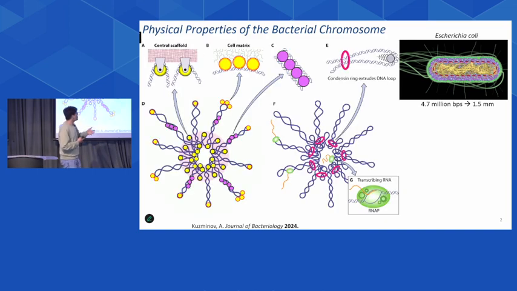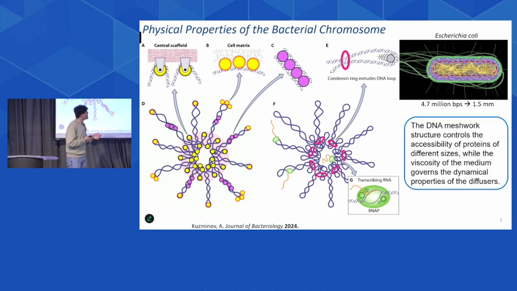And this one, people used to think of as a random polymer meshwork, but it's not true because they have all these different DNA binding proteins to regulate this structure. And you have these condensin rings to actively change the local structure of the genome. Also, biological processes like transcription will introduce supercoiling into the DNA. So I just want to say, within this very dynamic structure, the physical property is an essential problem for